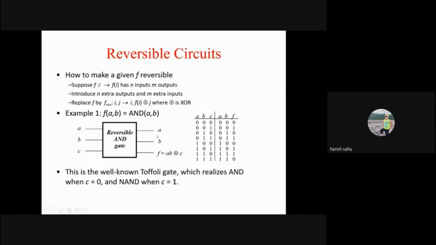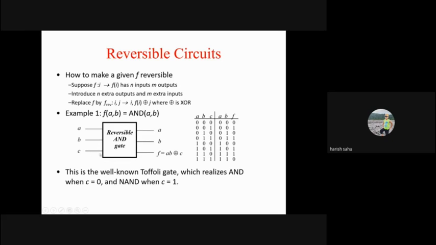Let's suppose you already have this circuit. The thing we learned in the previous slide is that if you have this classical AND gate function taking two inputs A and B, you have to add two output bits. So we added A and B here, and one bit output here, and in the input you need to add as many bits as we had in the output. Only one.